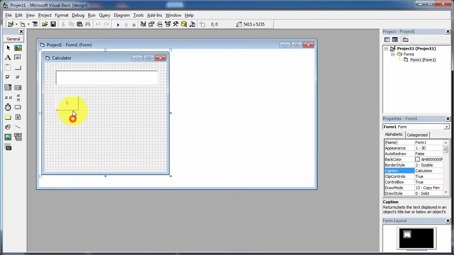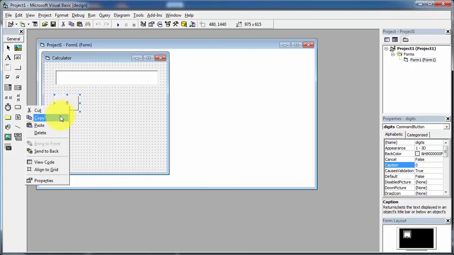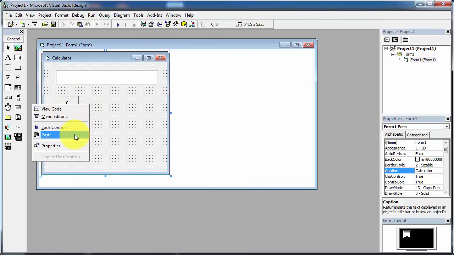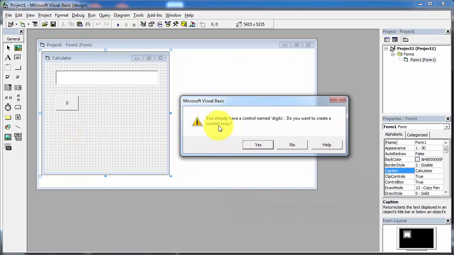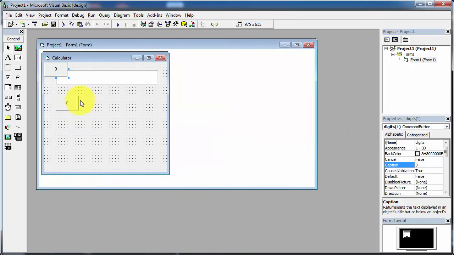Now again I click on this particular command button, click on copy, and paste here. Now you can see a warning: you already have a control named digits. Do you want to create a control array? I am going to click on Yes. Once you click on Yes, another command button will appear here.